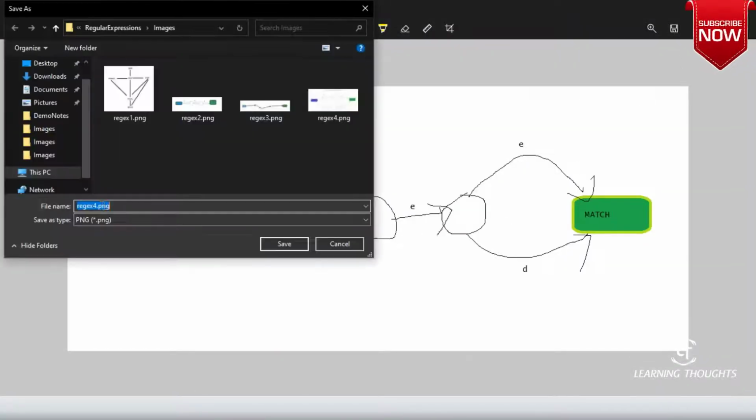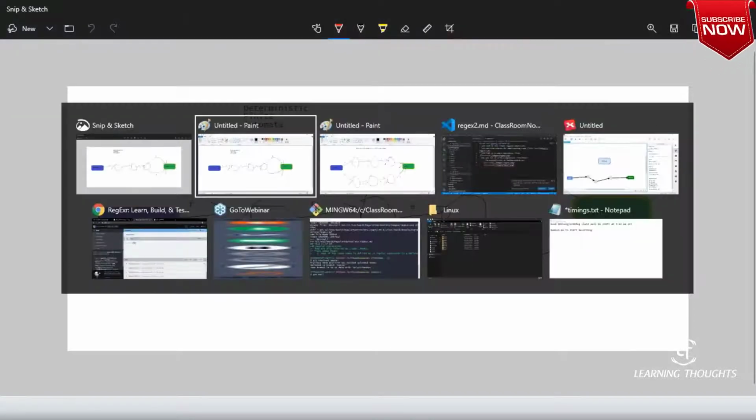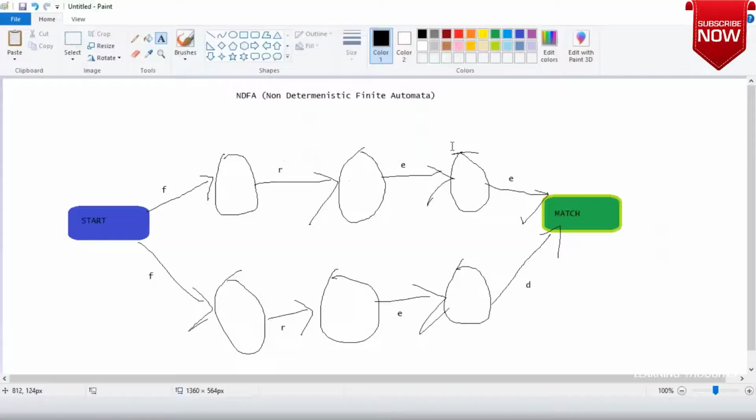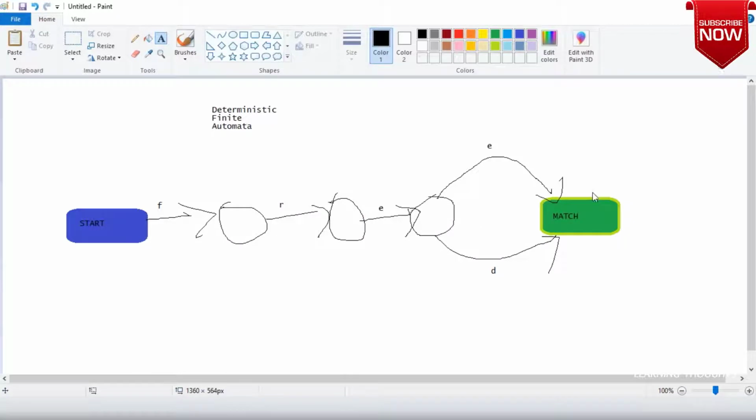This comes to 5. Now, what do you think languages will implement? How do you think the regex language will implement? Do you think that they implement NDFA, non-deterministic finite automata, or deterministic finite automata? What do you think they would do? What is your opinion, sir? Whether they will use this or whether they will use this?